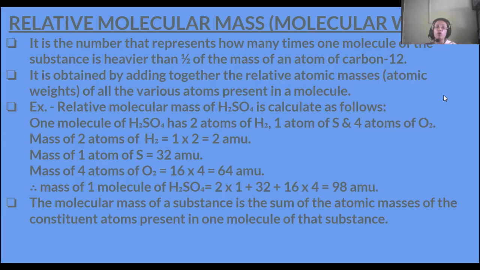So the mass of 1 molecule of sulfuric acid is 2 into 1 plus 32 plus 16 into 4, that becomes 98 mu. Okay, so the molecular mass of a substance, you can say in another way, is the sum of the atomic masses of the constituent atoms which are present in one molecule of that substance. Okay, next is